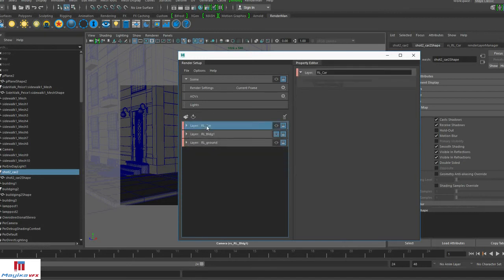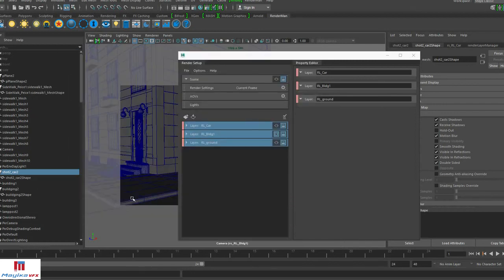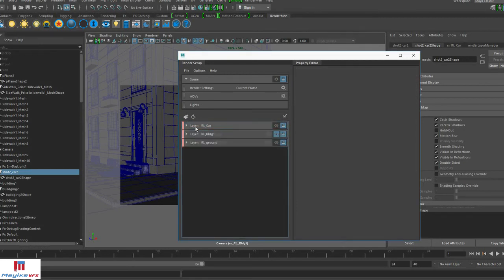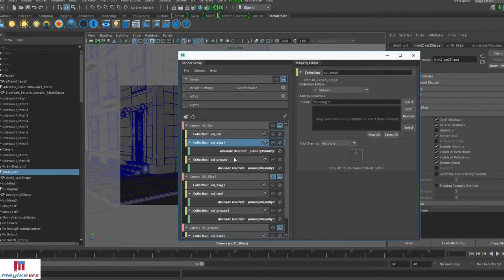As we discussed earlier, we can save all of these render layers along with collections and object settings, and we can use them in other shots as well. So let's delete all of these and let's see how it works. So it works directly. See, all the settings and everything is there now.